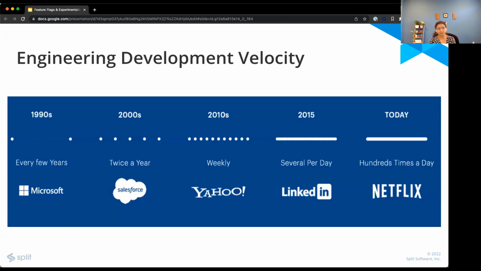Let's dial back in time and try to see how engineering development velocity has changed over the last several years. In the 90s, we had companies such as Microsoft releasing software every few years. So you would see a new Windows OS version or Microsoft version coming out every few years. Then came Salesforce and its cloud software in the 2000s. Salesforce came in with 2 releases per year, and that deployment frequency was rare and a huge improvement over what was normal. As companies have continued to evolve their technologies and automations, we saw that drop to monthly, weekly, and